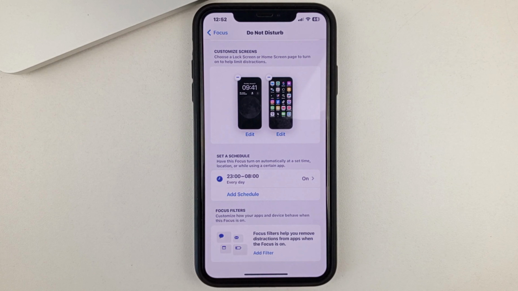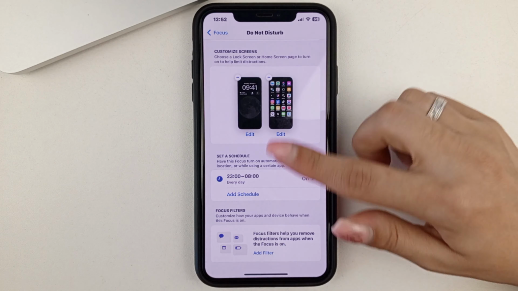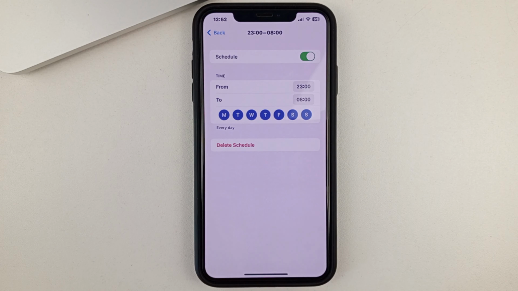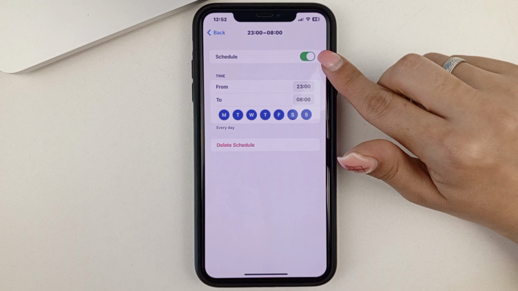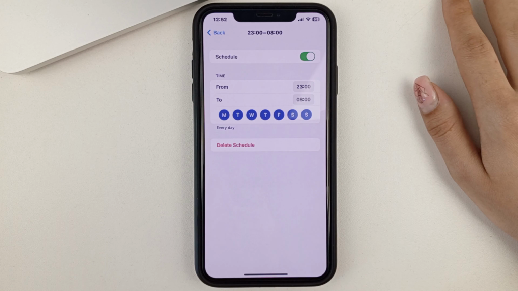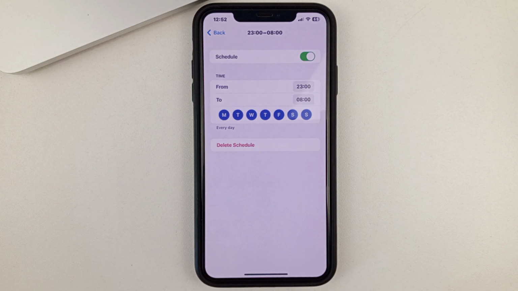Then there's a very important feature, which is the schedule. And if you go to it, you will see that here you can activate it. Once activated, you choose the time in which you will not be disturbed. That is, what time the Do Not Disturb mode will be active on a daily basis.